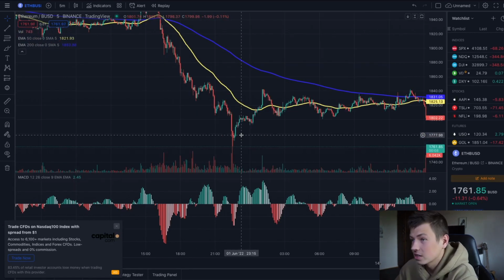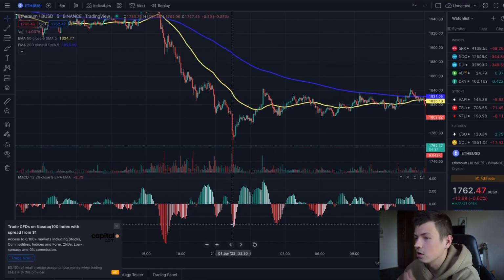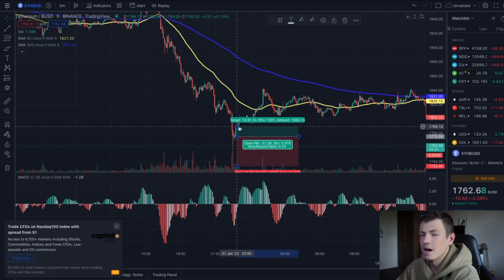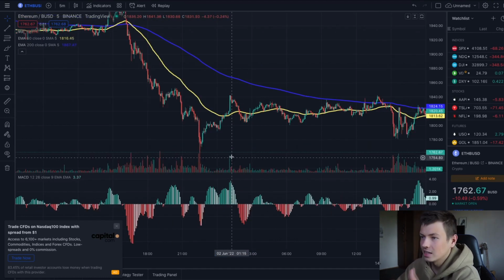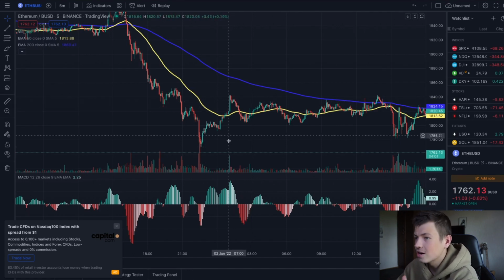Let's take a look at some more examples. Right here it looks like the trend actually reversed, so if we were to follow the strategy and guide ourselves by these peaks and open a long position right here when the peak happened, we could have easily made our 0.5% times leverage. Another example right here, there is a really good short opportunity,